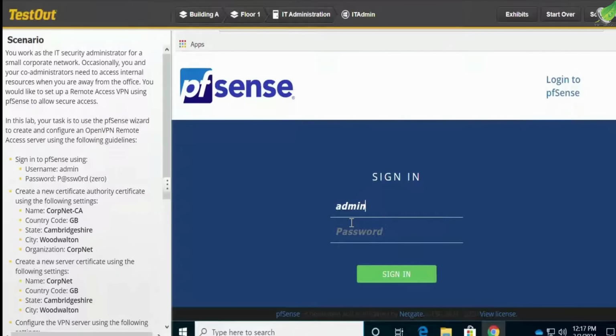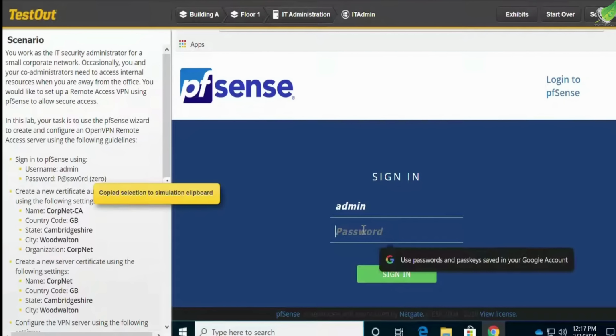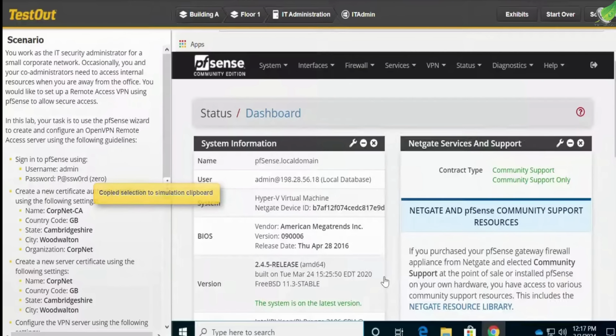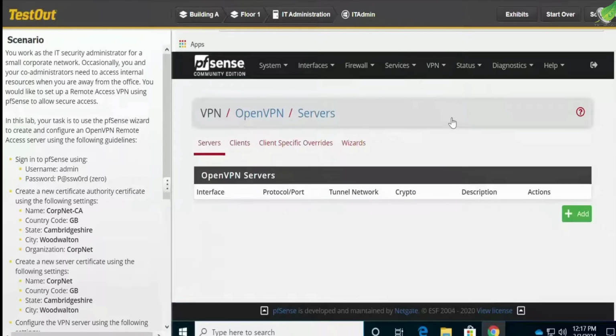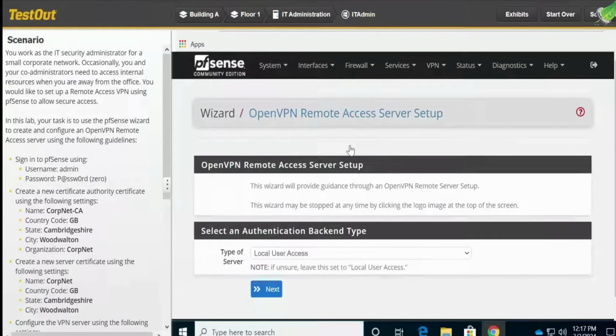Alright, so this is loaded and then we input the username and password provided for pfSense. So I'll just copy the password provided here, and then I'm going to paste it here. Then I'm going to click sign in. I'll go ahead and click OpenVPN, and then we'll click next,